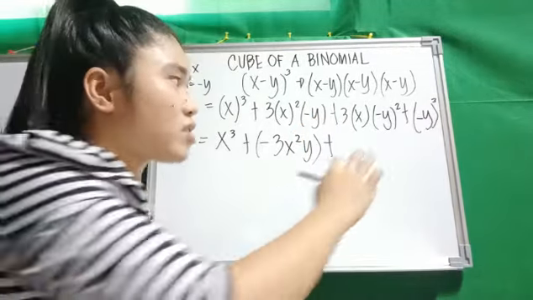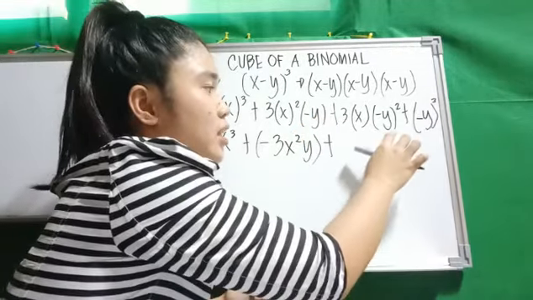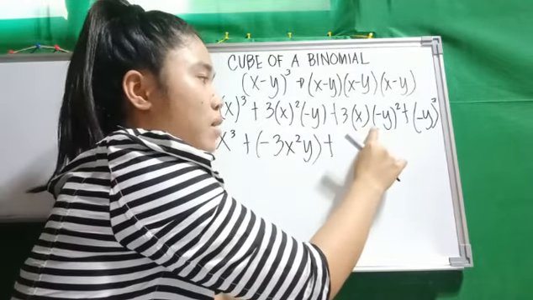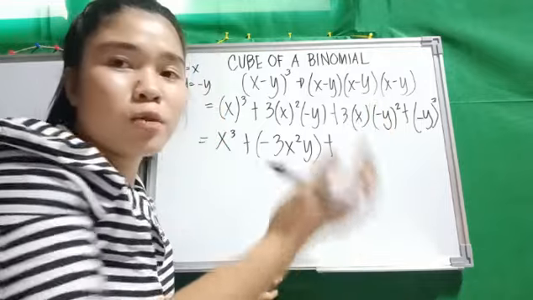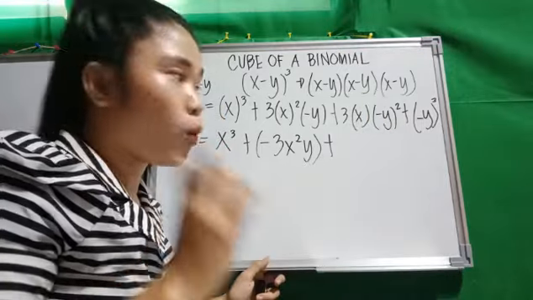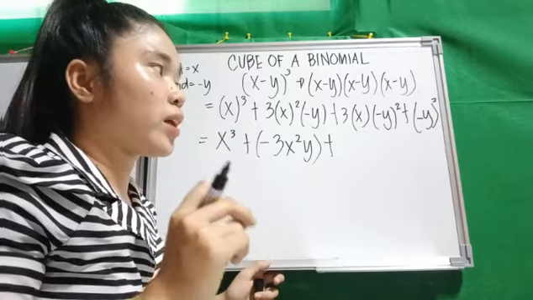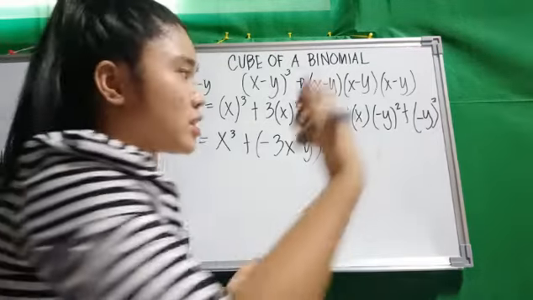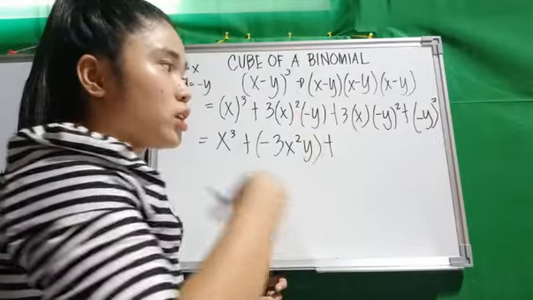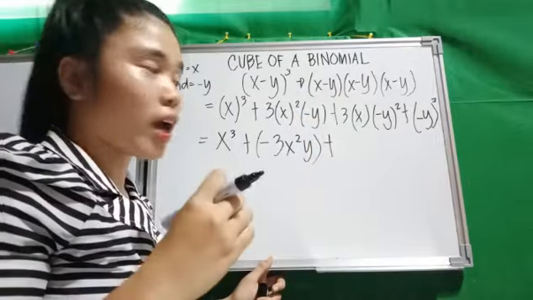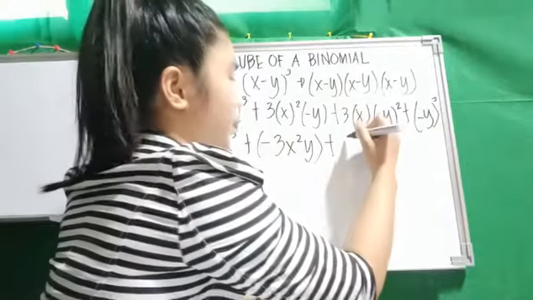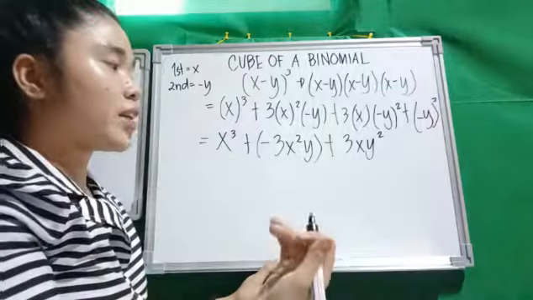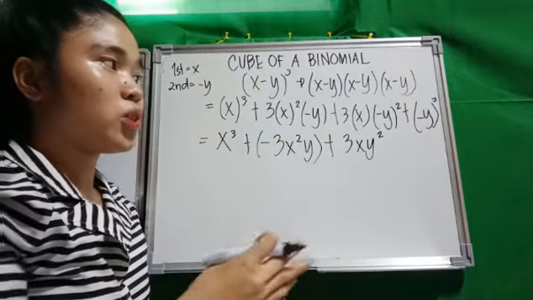Next, proceed naman tayo sa pangatlong step natin kanina dito sa equation natin. So, we have here 3 times x times negative y square. Unahin muna natin yung negative y square natin. Kapag pinag-multiply natin negative y times negative y, it will give us positive y square. Then, times x, it will give us xy squared, times 3, it will give us 3xy squared. Then, after that, proceed na tayo sa last term, which is